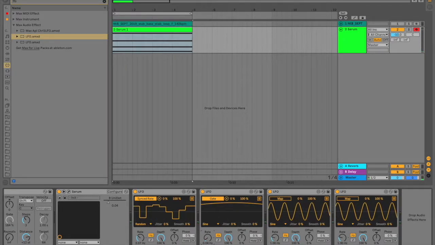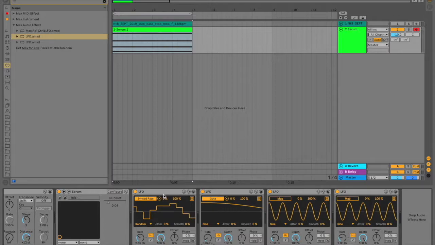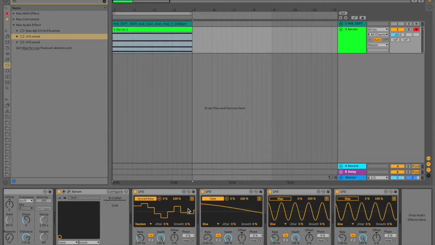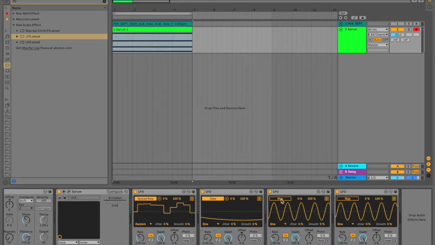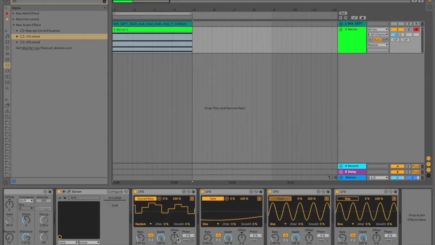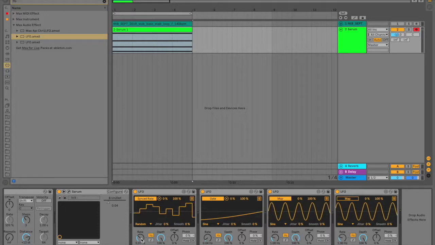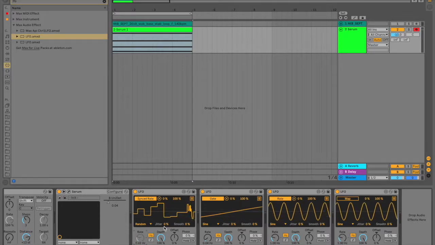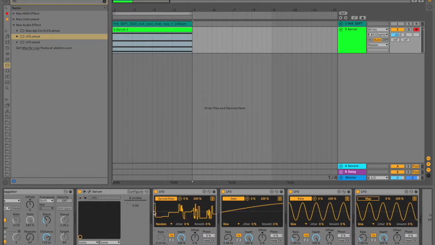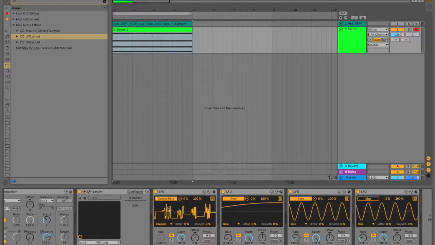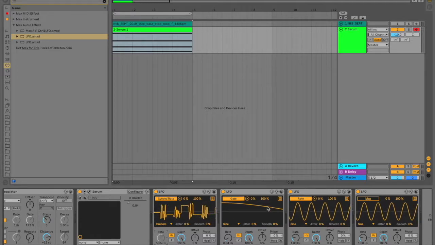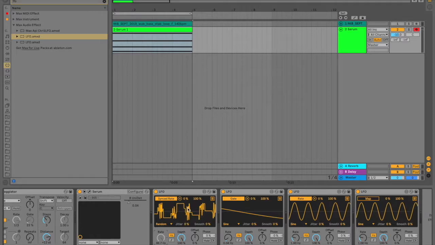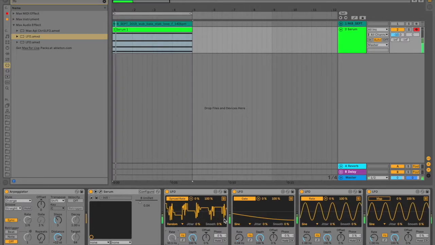Now what we could do with these LFOs is start LFOing these first two LFOs. So it gets a bit into LFO inception. So let's map this LFO to the original rate. And you can see how this is affecting this particular wave. So we're still getting a bit of the random steps, but now you can see how the sine wave is starting to influence it. So now what we're going to get is